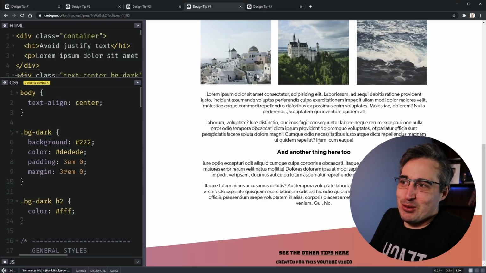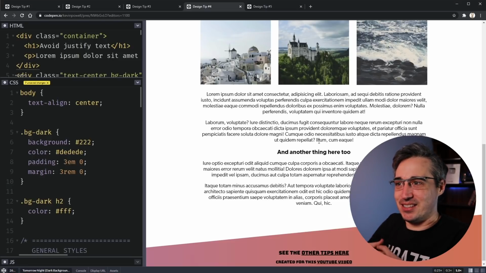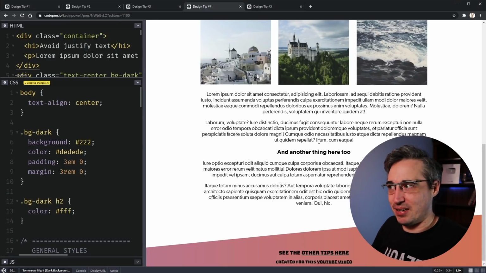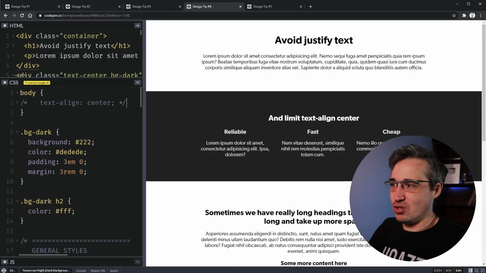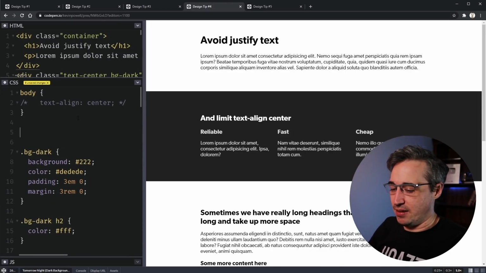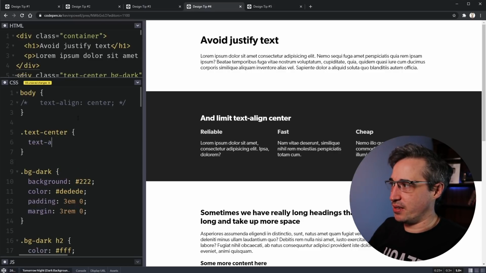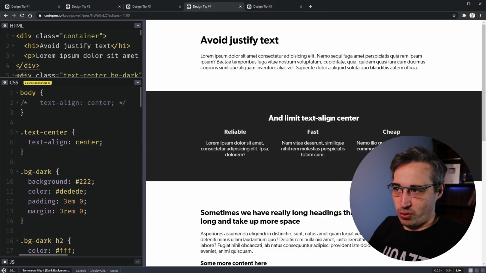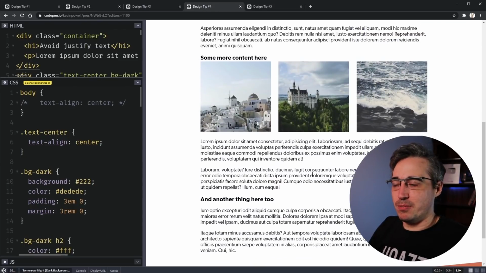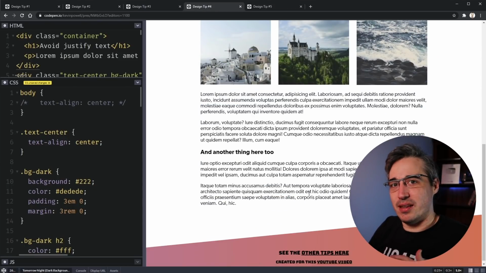Maybe you like the visual look of it, but if you have text, it's not about the visual look, it's about making it easy to read. And text-align center makes things much harder to read. Where you usually see center-aligned text on other sites is in smaller areas. So I'll throw a text-align center on that one, and that's just going to be this area with these little short pieces of text. It's not the end of the world. It's still easy enough to read because they're very short. You can quickly look at them and it's fine. But when you have long pieces of text like you have here, please don't use center-aligned text.